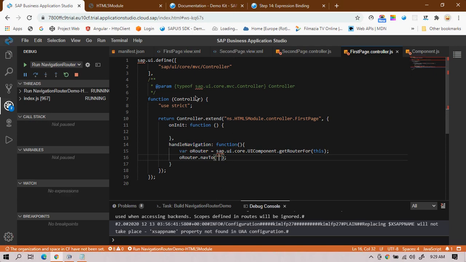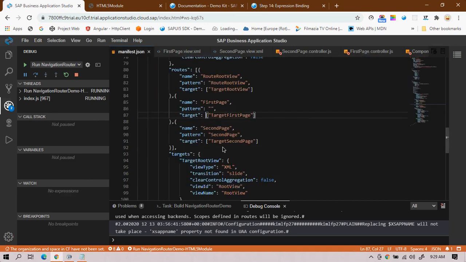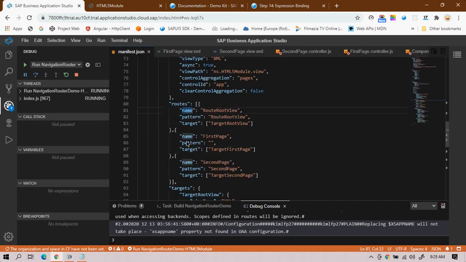So which name do I have to give? Just go to the manifest.json. This is the name. Whatever value is assigned to this name property, that name should be passed in the navTo function. Whatever name you give to this name property, that name has to be passed to the navTo method as a parameter.